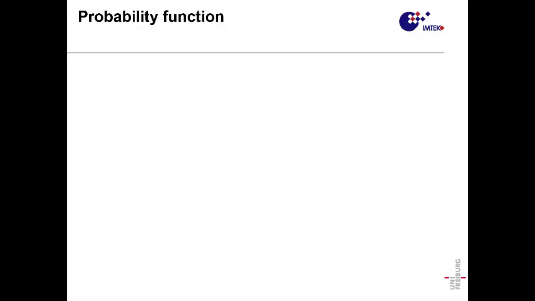So let's, for the first time, and the only one in this lecture, define probability. And for that, there are two definitions of probability that you will usually find in the literature. We will just use one, but I want to show you both, so when you go to the book, you don't get confused. One is the probability function, and the other is the probability measure. They are pretty similar, but they have small differences.